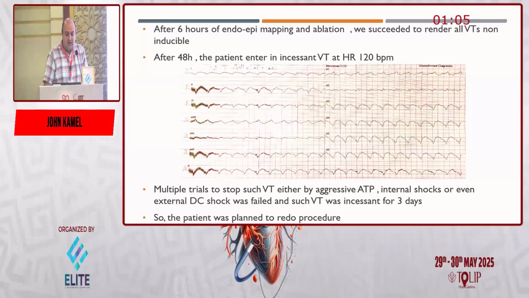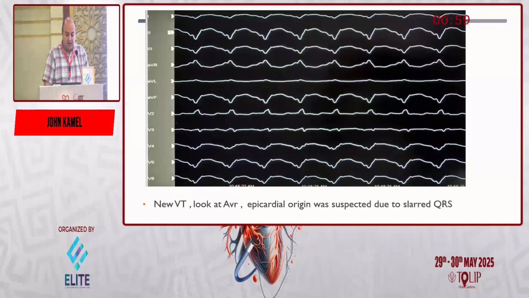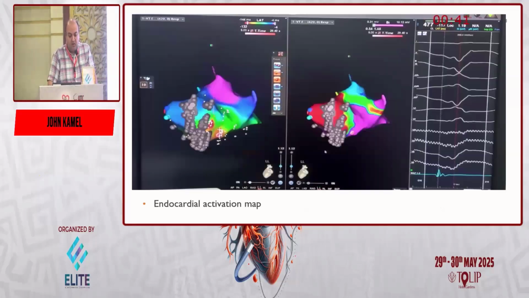The VT was at about heart rate 120, so the patient was still hemodynamically stable, and I entered for the second time to do an activation map for such a VT. It is a new VT. It arises from almost the apical inferior edge of the scar. Although it had a QS-like QRS complex which suggests epicardial origin, I first did an endocardial activation map, and it gave a hot point. It is not that much pre-QRS, but even ablating at the hot point did not terminate the tachycardia, so